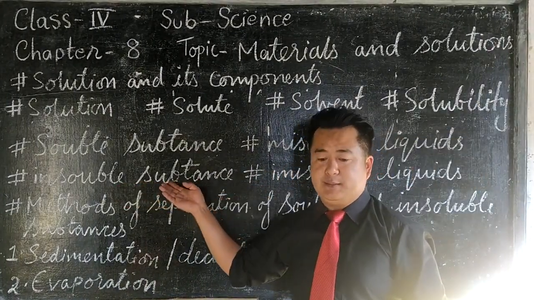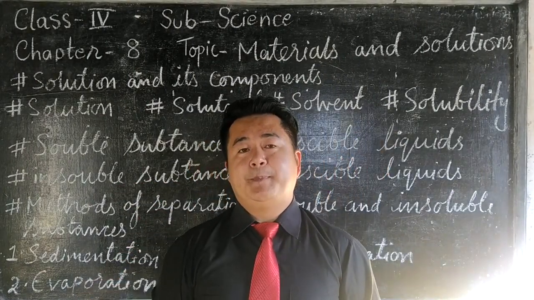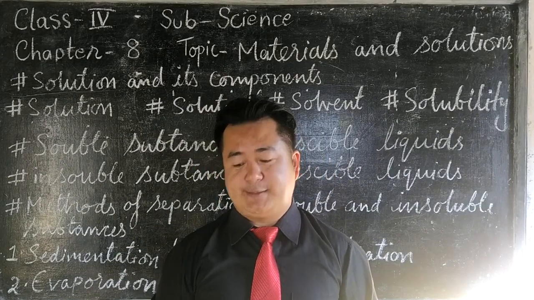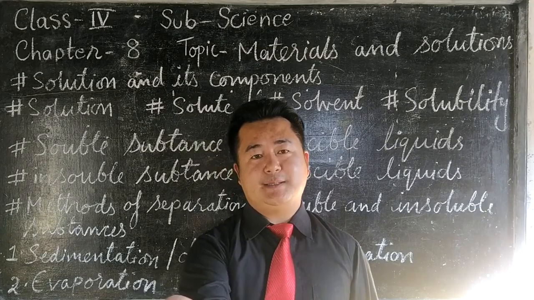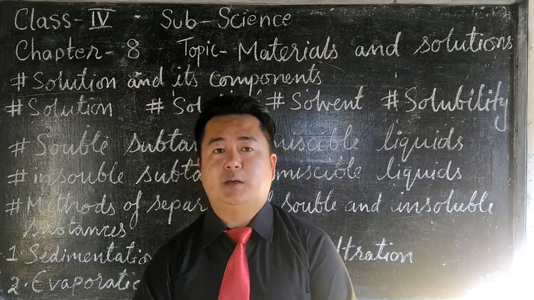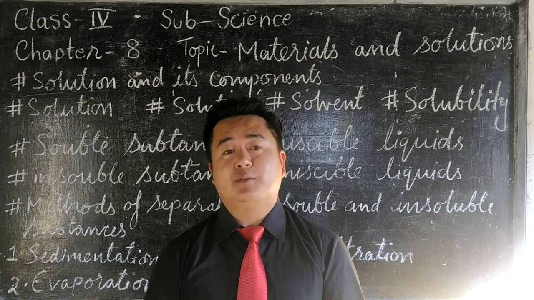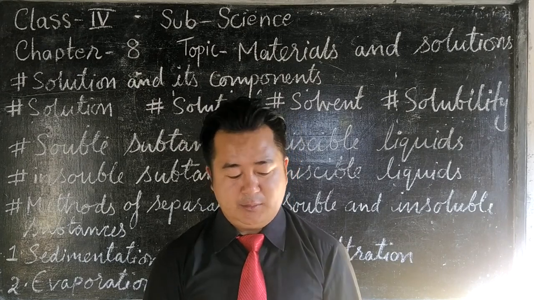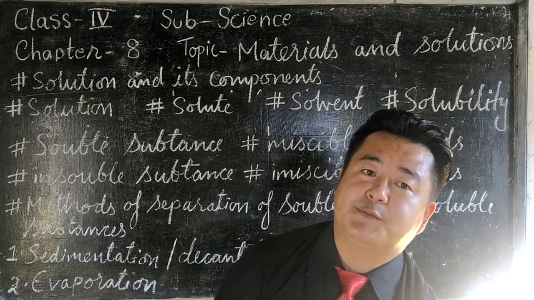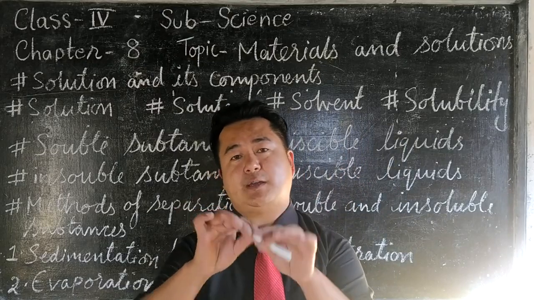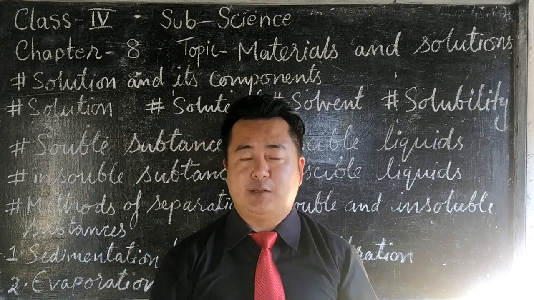Now the term insoluble substance. Insoluble substances are substances that do not get mixed; they do not dissolve in water. For example, sand, wood, stone, flour, wax, and even chalk. The powder of the chalk doesn't dissolve in water. If you break this chalk and make it a powder and mix it in the water,